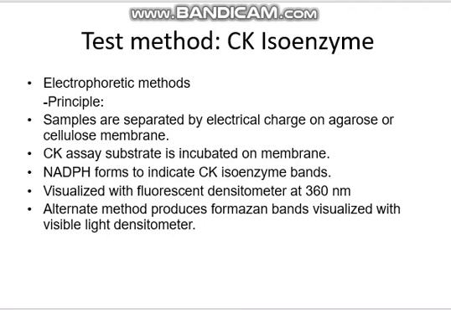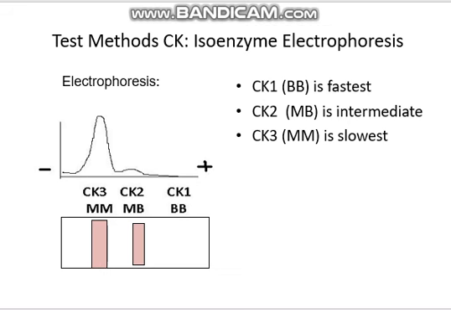But if we want to visualize these bands, we can add a stain, for example, formazan, or we can use fluorescence spectrophotometry at this wavelength, 360 nanometers. So this is for visualization, and this is for the chemical reaction, and that is for the separation. Right, so let us look at the bands. So this is the resulting bands, when you stain